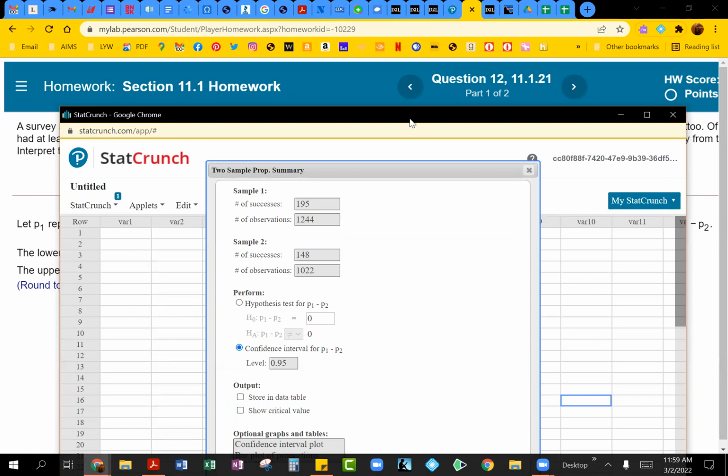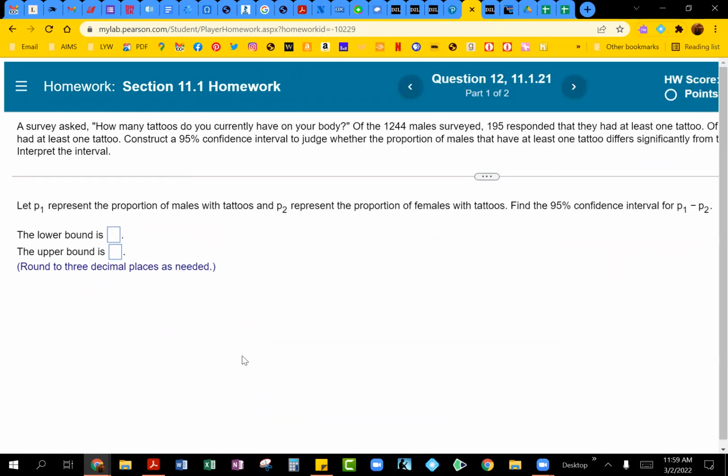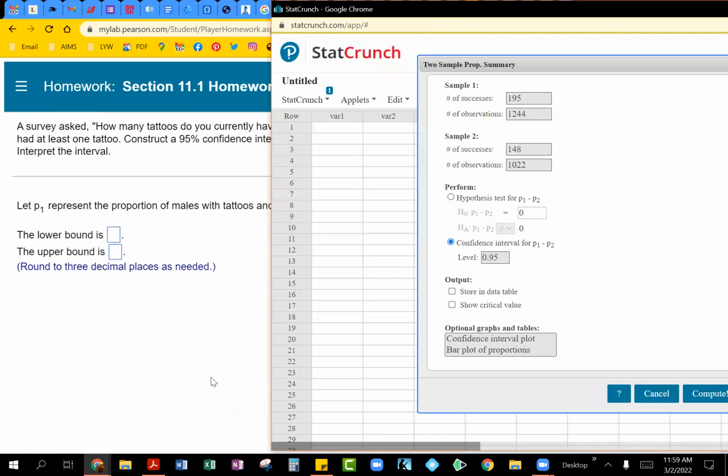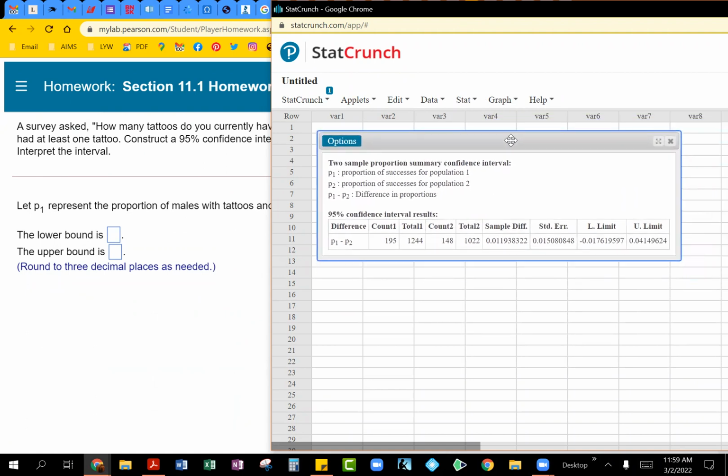that is set up for you. Now, for any reason, if this number changes, if they didn't have 95% and they had, let's say, 90% or 99%, you can see once you click on that confidence interval, you are actually able to change your level of confidence. So just make sure you do have the correct level of confidence over here, and then just click on compute. So again, just type in those 4 values, make sure your confidence interval value is correct, and it does the